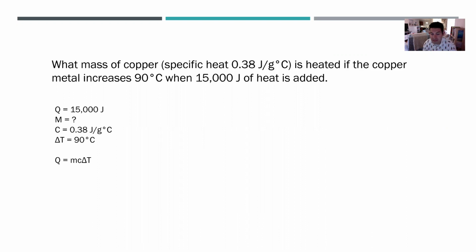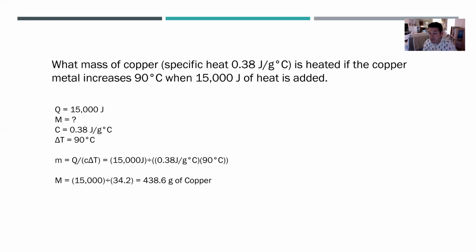Q equals mc delta T. We're going to solve for M. So that means we're going to divide both sides of the equation by C and by delta T. So we're going to get M equals Q divided by C times delta T. So that's 15,000 joules divided by the product of 0.38 times 90. When you do 0.38 times 90, you should be getting 34.2. So 15,000 divided by 34.2, we're getting